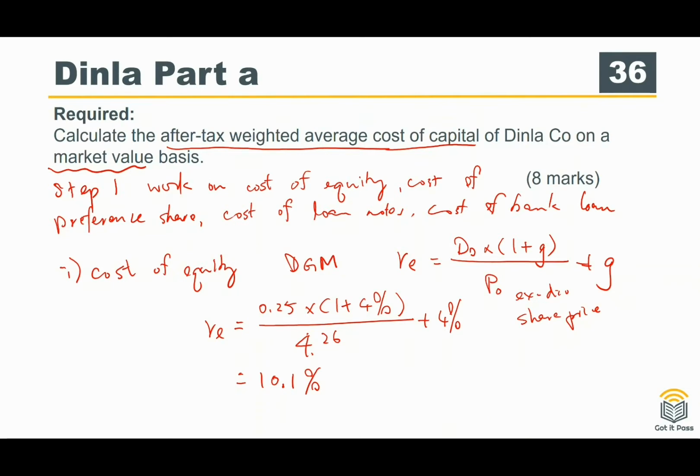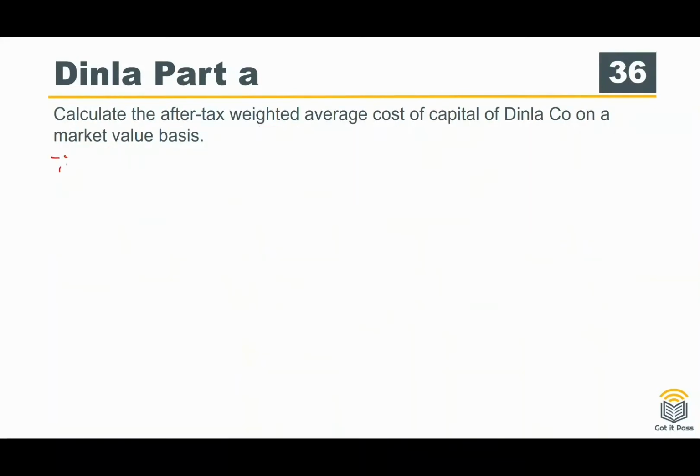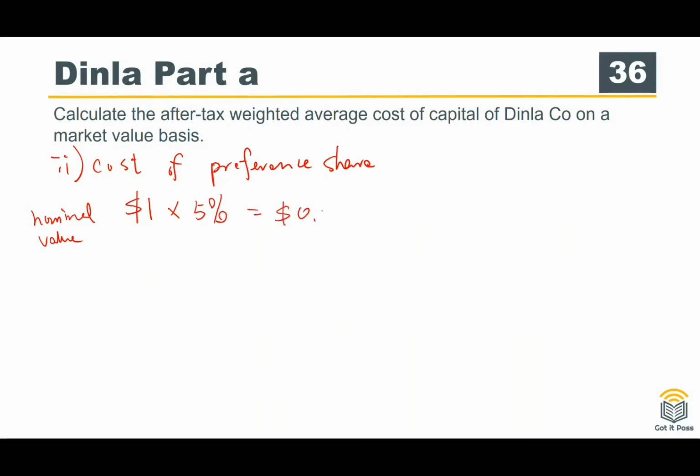Okay, so first of all, you have to apply the correct formula in which you can get the numbers correct, because the information is already here. So next part is the cost of preference shares. We know that the nominal value is $1, and the dividend rate is 5%. So per share, dividend is 5 cents. Okay, because it is irredeemable,